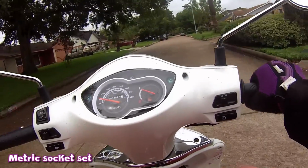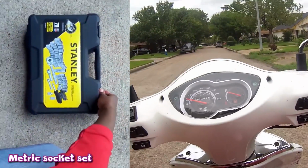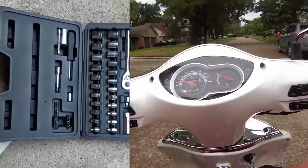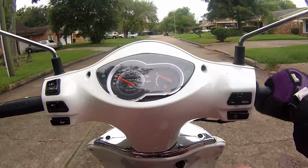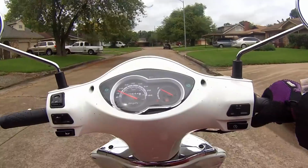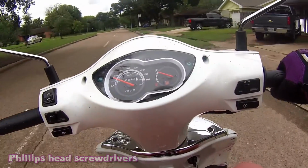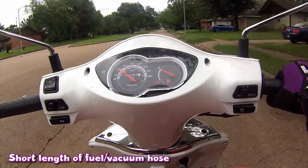I also recommend a metric wrench set with the sockets. There is no compromise with this. This is what you need. If you're going to do any kind of maintenance on your scooter, you need one of these. These can run you as little as 20 bucks, maybe even lower. If you get the cheaper versions, you don't have to have the perfect, expensive $150 tools at all. I also recommend a Phillips head screwdriver, as well as a short length of fuel hose,